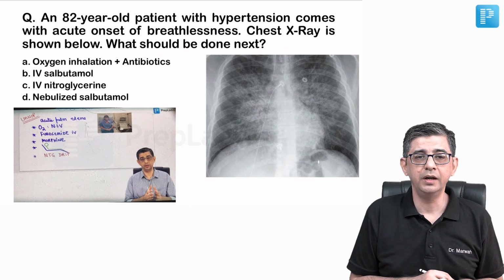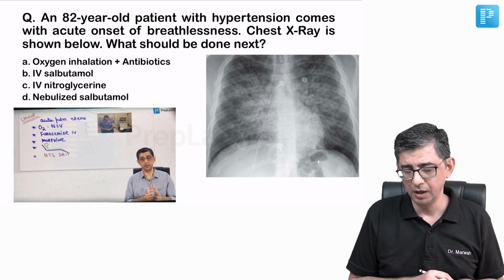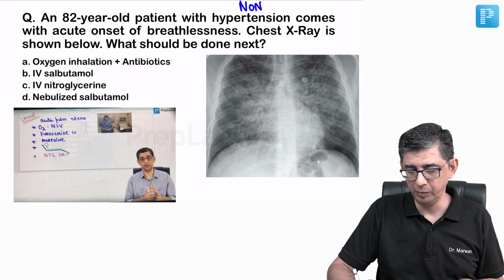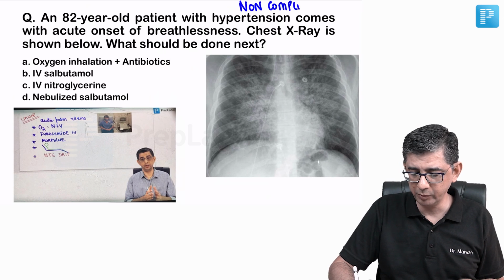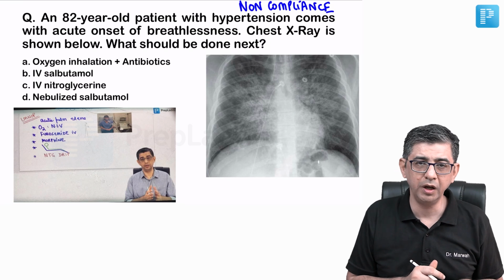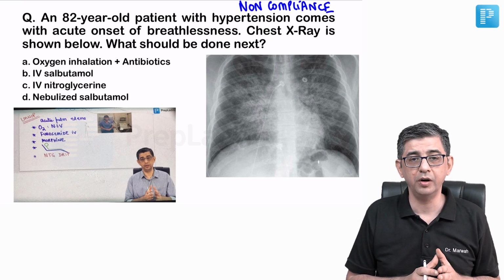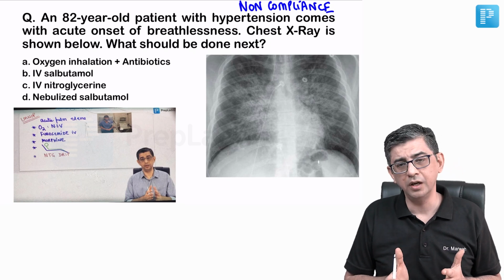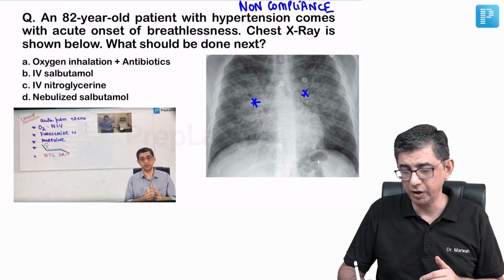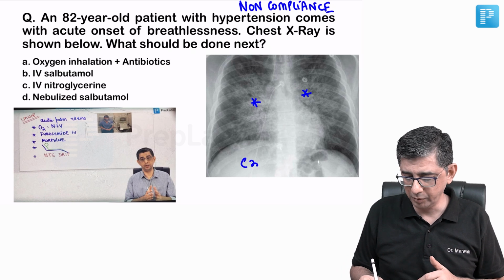The next question said an 82-year-old man with hypertension comes with acute onset of breathlessness. I presume that the word non-compliant was also given, though some people said no, sir, there was nothing like this, so I did not include it in this slide. But still, my point is, in any person with hypertension, there can be a development of left ventricular failure, and the X-ray gives credibility to the same because you can notice the bat-wing pulmonary edema component, and since the patient is going into cardiogenic pulmonary edema,